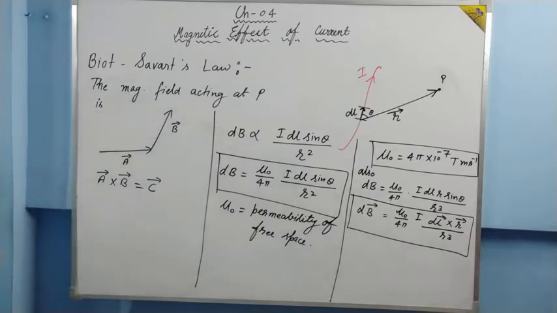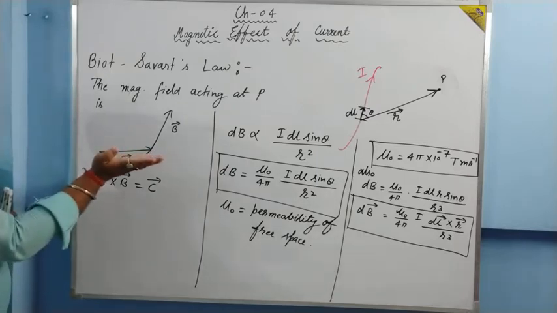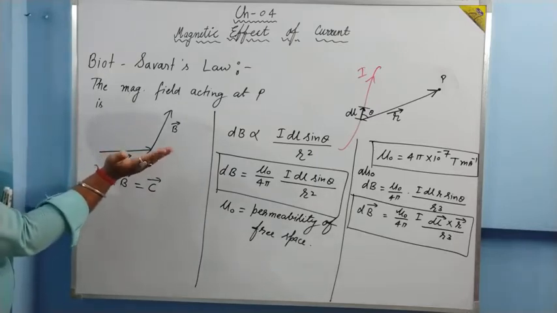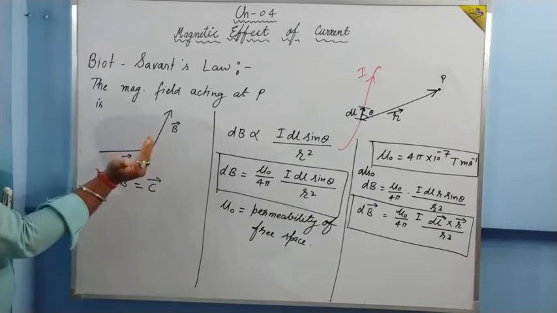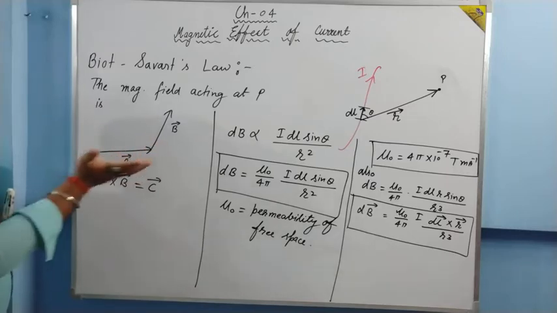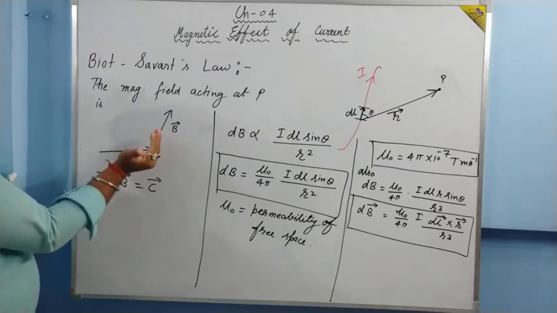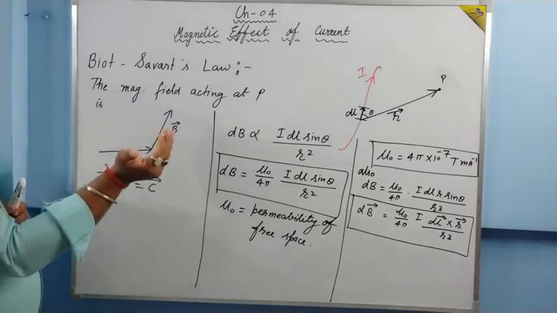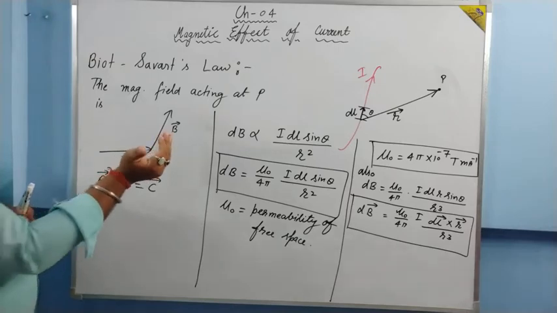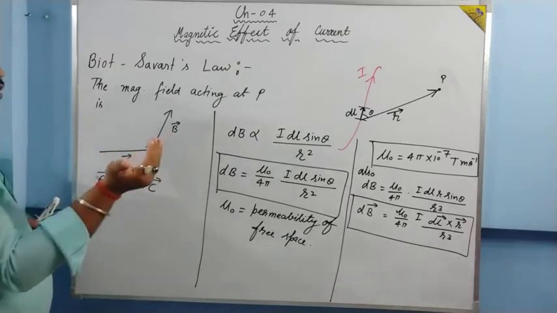The cross product rule says, first of all, you arrange your fingers of the right hand in the direction of the first vector, and then you have to fold your fingers towards the second vector. The extended thumb will tell the direction of the cross product. So here the direction of vector A is this way, direction of vector B is this way. The extended thumb is towards yourself, perpendicular outward of the board. The direction of the C vector will be perpendicular outward.